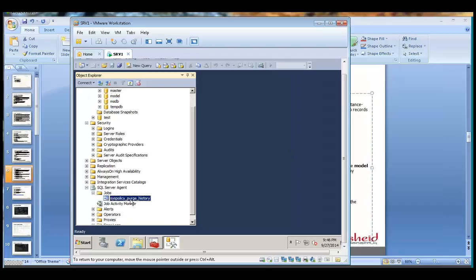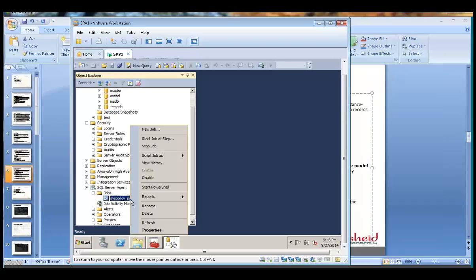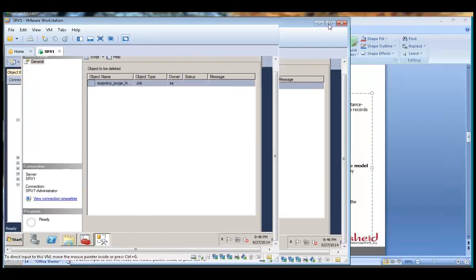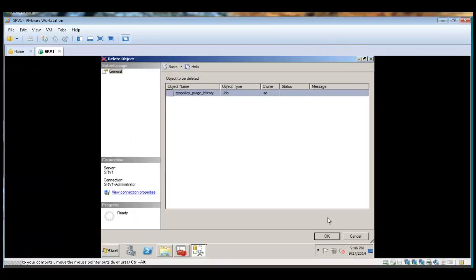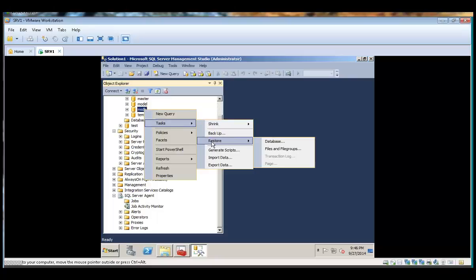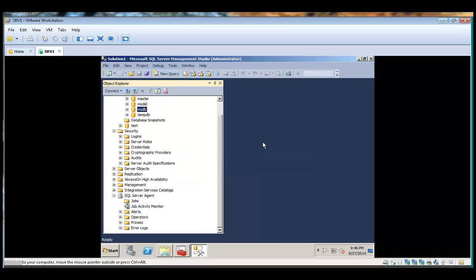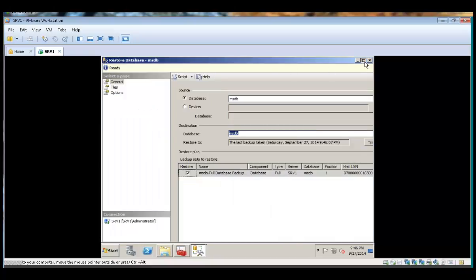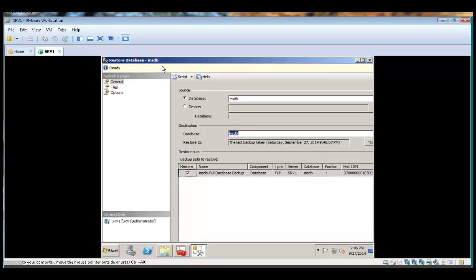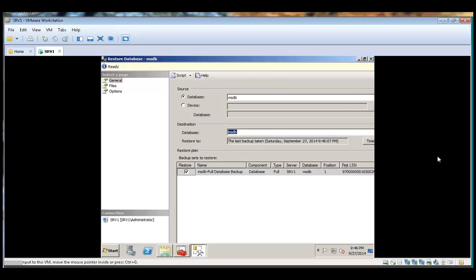Let me justify that my junior DBA deleted a job from my SQL Server agent. So I don't have any jobs here. So it's gone. How can you get it back? What you need to do is